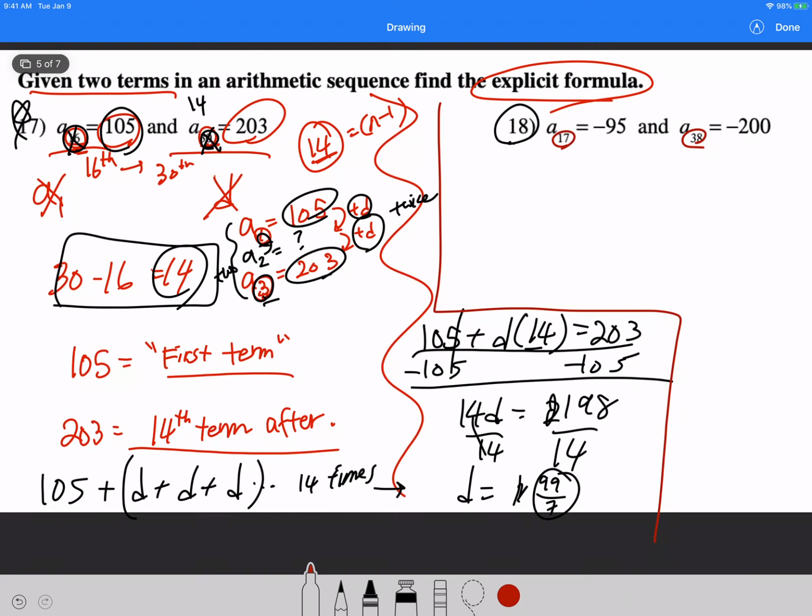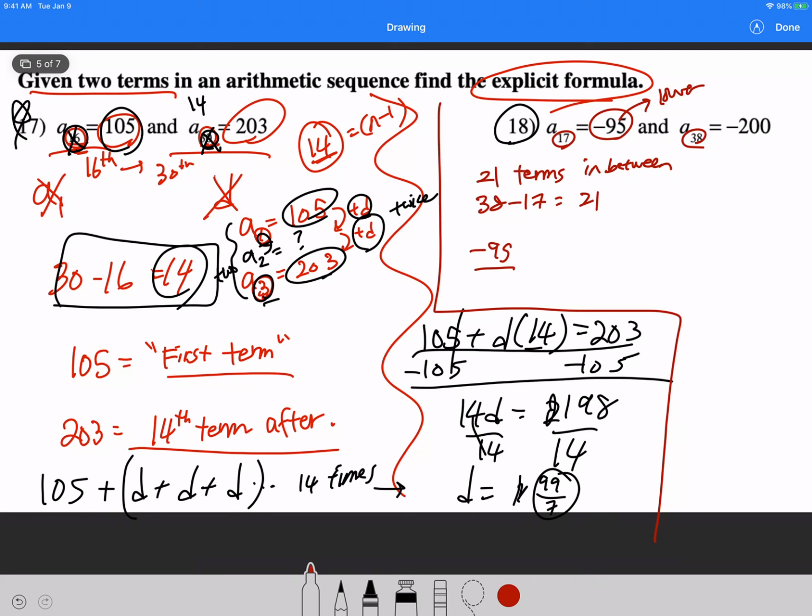Between 38 and 17, you have exactly 21 terms in between them. Well, how did you get that? 38 minus 17, right? That's 21. So what that means is, from the first term, we consider the lower term, right? From negative 95,